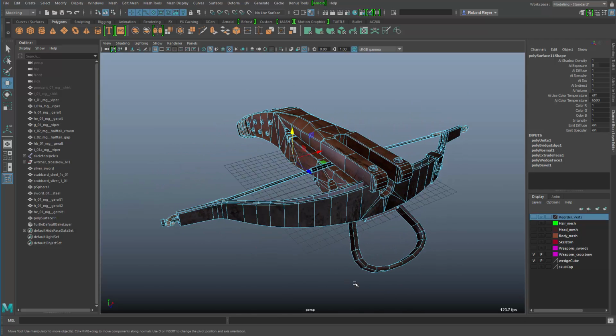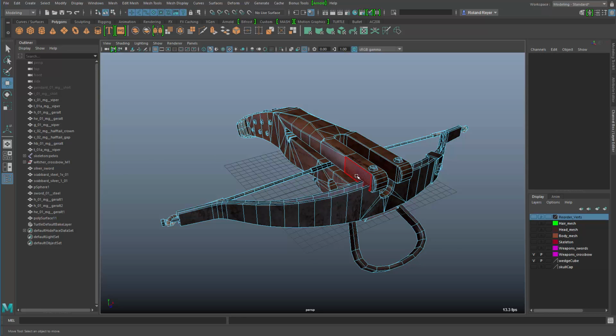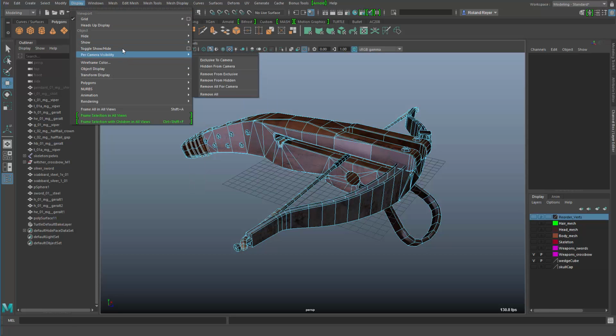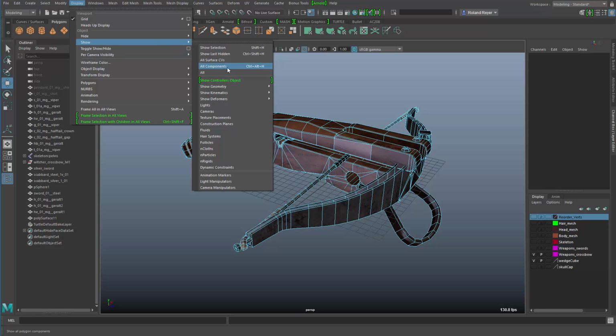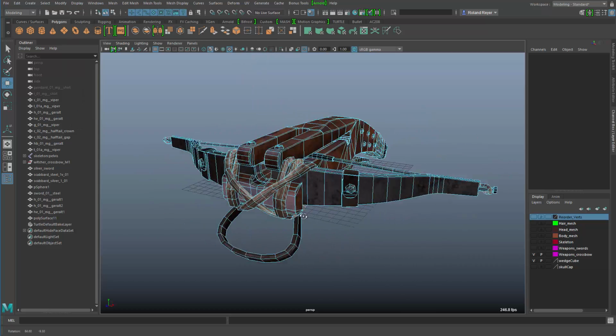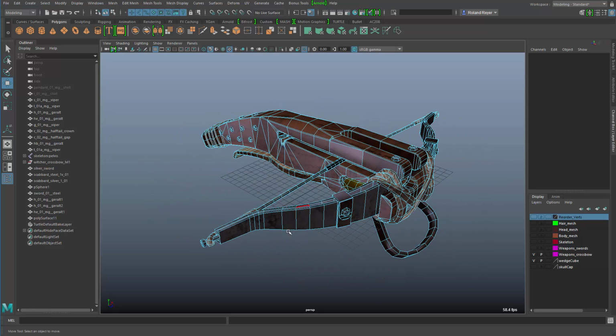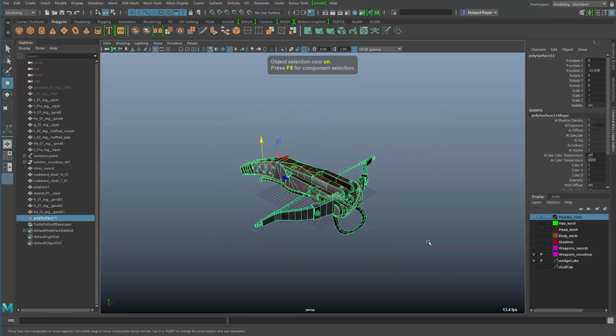Now the next question is, how do I select them to show them again? Because these objects don't have anything in the outliner that I could select and show. So in the display menu you will find show all components. It even has a hotkey, Control and Alt H, that allows you to reveal all hidden components. So that you can freely go around and hide components and don't have to worry about how to get them back finally. Good. So let's go back to object mode and switch on the rest of the Witcher here,